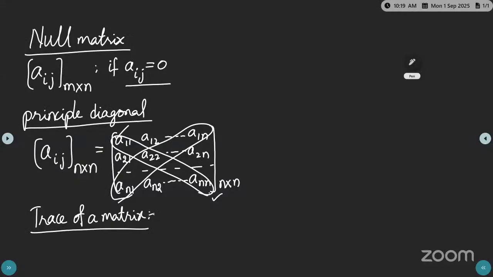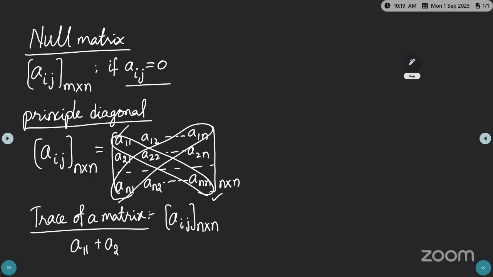Sum of principal diagonal elements. Write down: for the matrix Aij of order n by n, the sum of principal diagonal elements